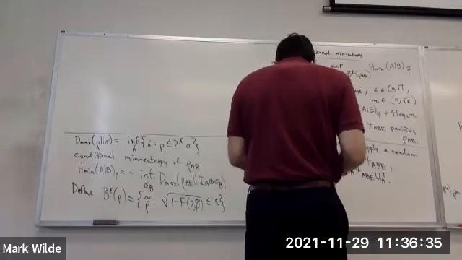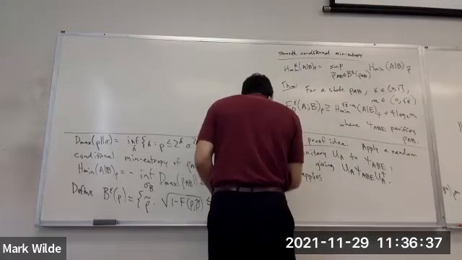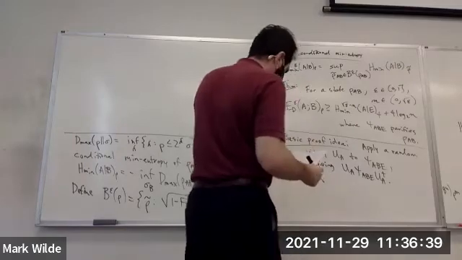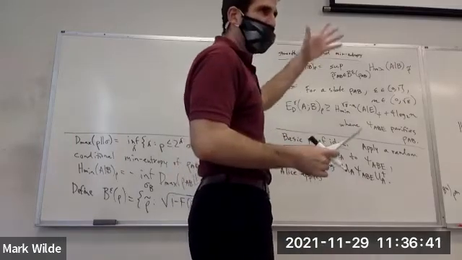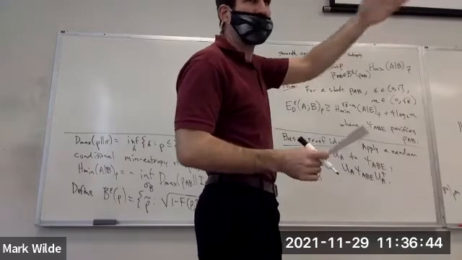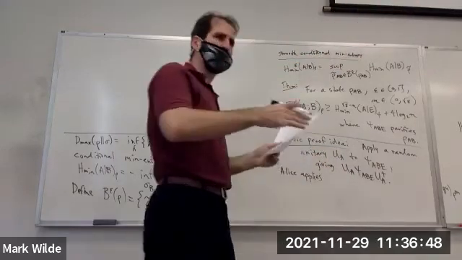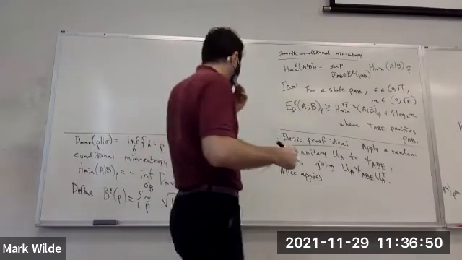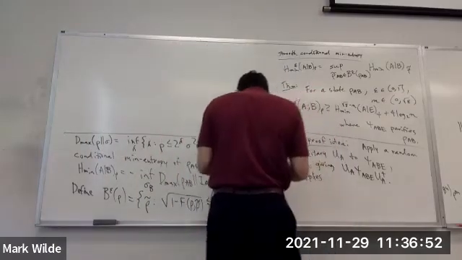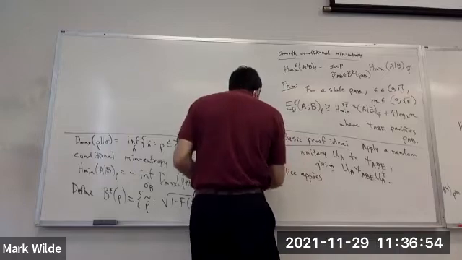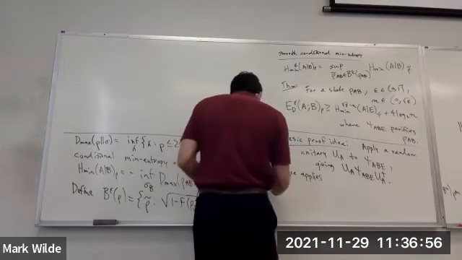So the measurement will be, we always think of things as channels, so it'll be a quantum to classical and quantum channel. Right? So the input will be quantum, the outputs will be quantum and classical. All right, so that channel will be written as E because it'll be kind of like an encoder.